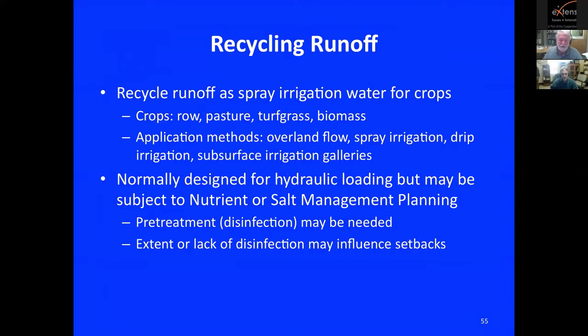We can use that material or use the water and apply it as overland flow, which is what we call furrow irrigation, or basin irrigation. Those are two names that are similar. We can do spray irrigation, which is the standard irrigation that we see around here. Drip irrigation, which is much more conservative of the water, but you have to be careful when you do drip irrigation with processed water, because those little tiny